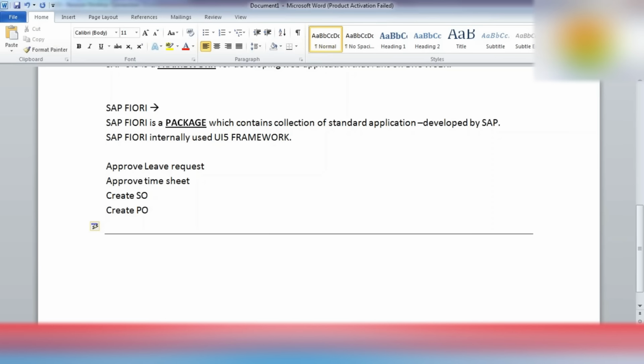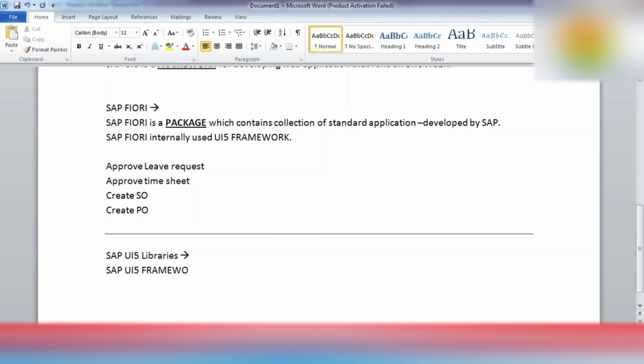So basically we have some standard libraries. Let me introduce you to the SAP UI5 libraries. First of all, let me write down the note.